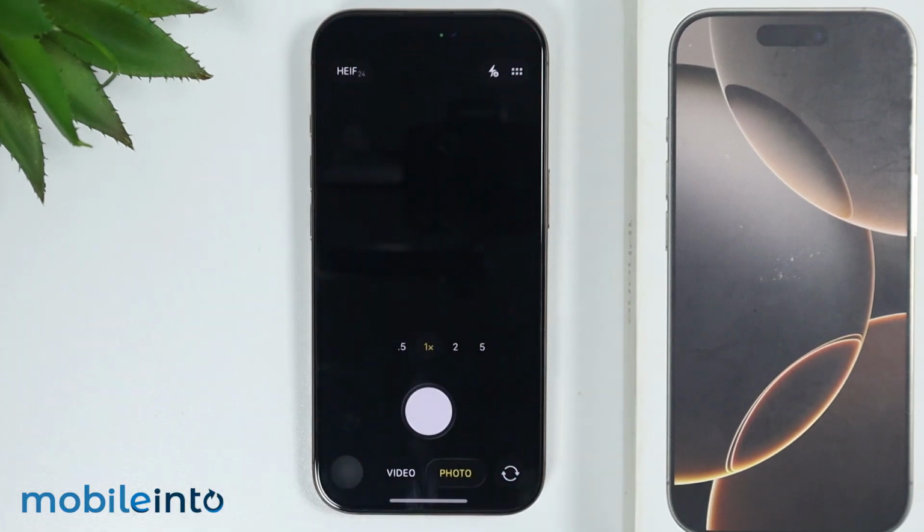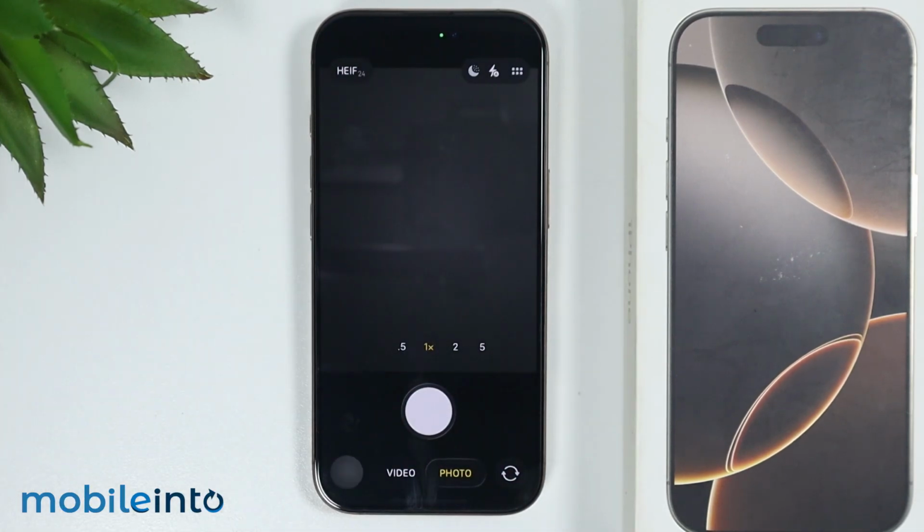And this is how you can fix the camera is not working on the iPhone 16, 16 Pro, Pro Max